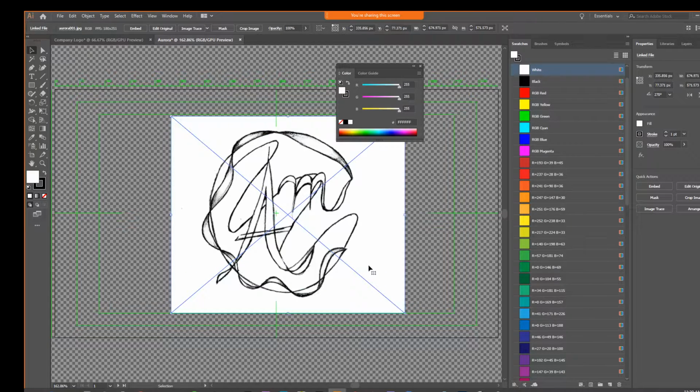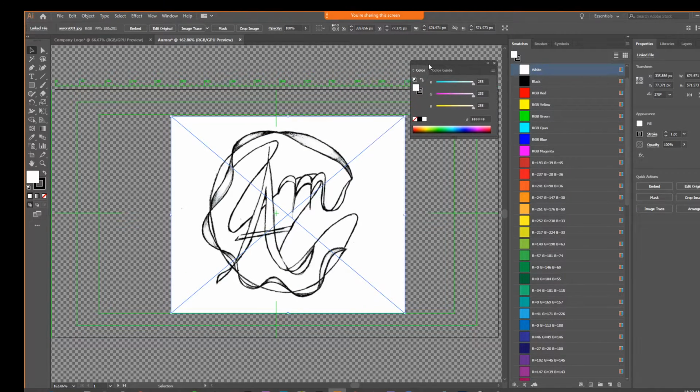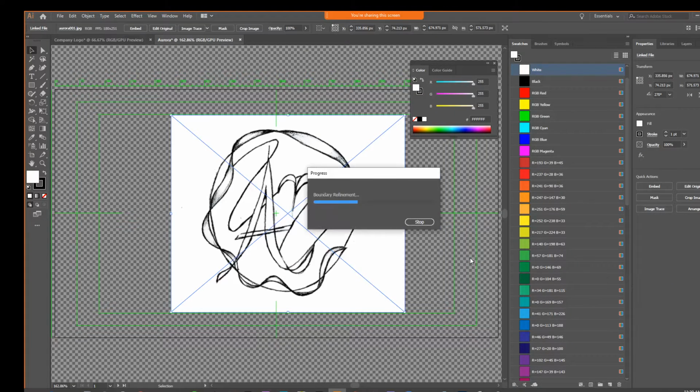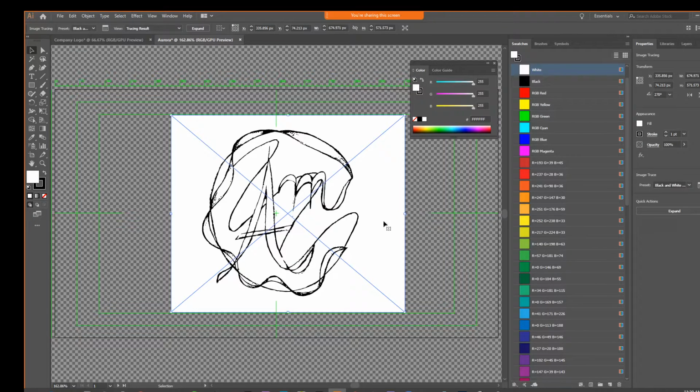All right, so now we're going to do what's called image tracing, because instead of doing a physical tracing with colors, and then if we had to change things, we can have the software do it. So over here on your quick actions, we do image trace. Now this is the type of image that you're going to select. You got to decide. So I think at this point we want, let's see what black and white logo looks like. All right, so not bad, but we got rid of some of our shading, right? So if I undo that,